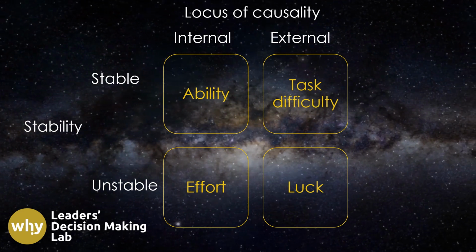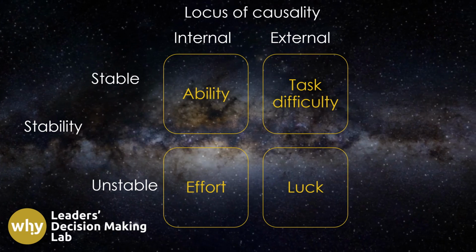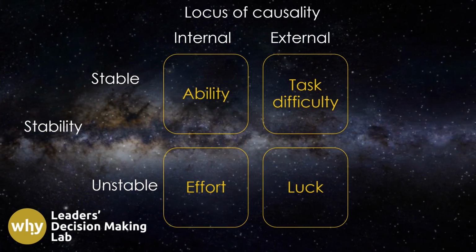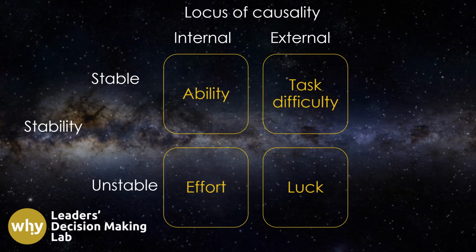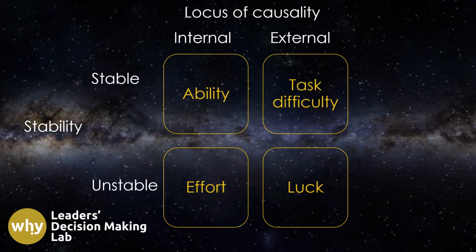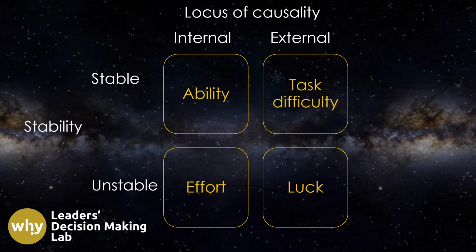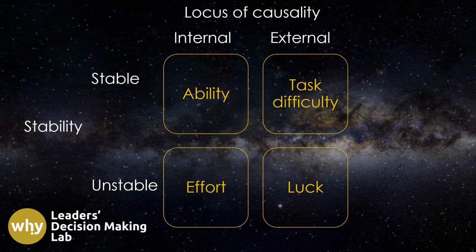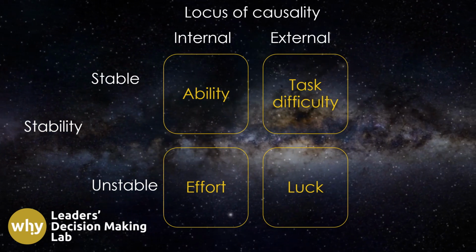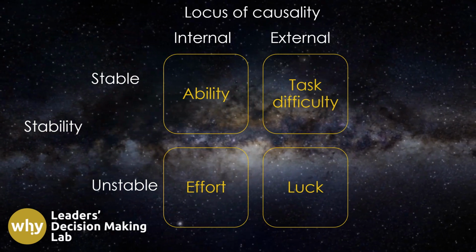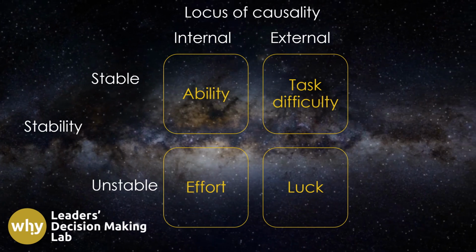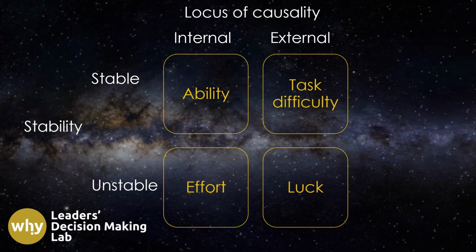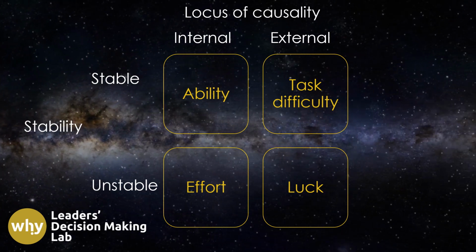On the other hand, when leaders make unstable internal attributions, such as attributing poor performance to a lack of effort, their rewarding or punishing reactions are particularly strong. Leaders view effort as something within the control of the employee, and therefore they may respond more strongly by punishing employees for their perceived lack of effort compared to attributing poor performance to less controllable factors.